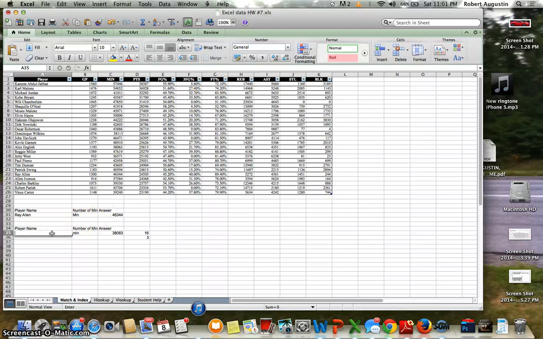So let's say I were to change Alex English to Vince Carter. It changes it. Still works the same. I can now delete these, and it'll still stay the same. Vince Carter. And there you have it. So that's matching index,